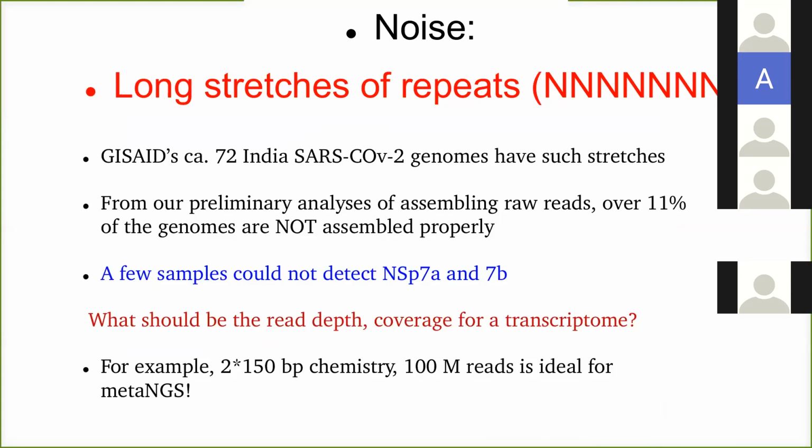When SARS-CoV-2 came into the picture, I became an opportunist, an opportune virologist. Although I am a biologist, I did not work on viruses earlier. As an opportunist, we just tried to explore. Of the umpteen sequences, about 683 from India alone, a lot have Ns, which means the sequencer could not read what that base is. That is what we call noise. Around 72 Indian SARS-CoV-2 genomes unfortunately have so many stretches, which is about one-fifth of these sequences being Ns.